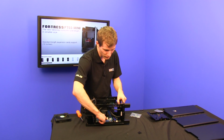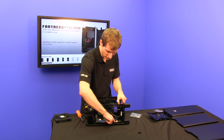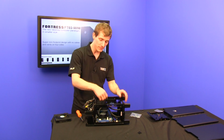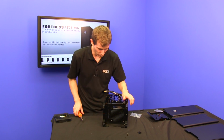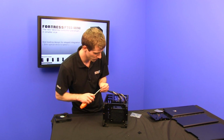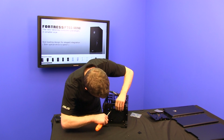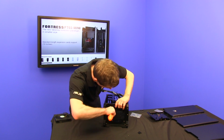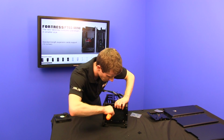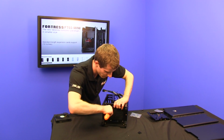Now it's time to secure the radiator and the fan. So that's in there securely. Also, we plugged the pump into the CPU fan header on the motherboard in order to make sure that it turns on, which will be good so that the CPU itself doesn't completely burn out the instant we turn the computer on. So let's go ahead and screw the screws that were included with the radiator itself into the bottom